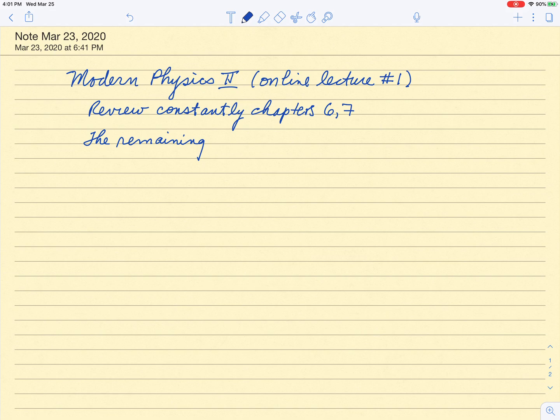I urge you, and I will constantly be giving you problems that will review chapters 6 and 7, which I think are really the core of this semester. And so we'll be using that material throughout the rest of this semester. So obviously the remaining timeline needs to be thought about carefully. So the way I'm going to approach this is I'm going to